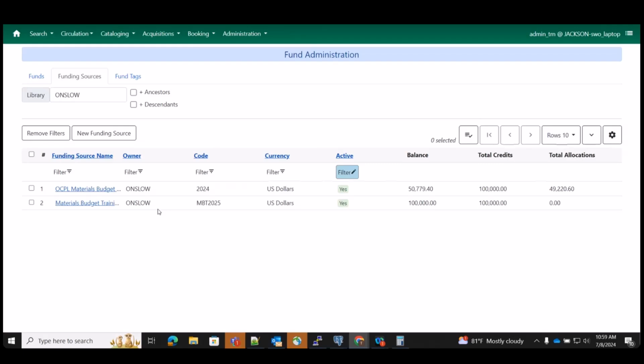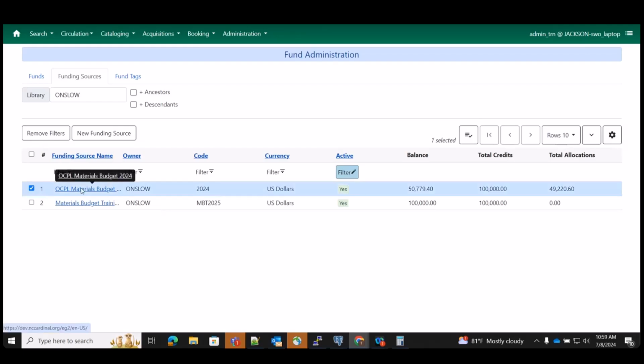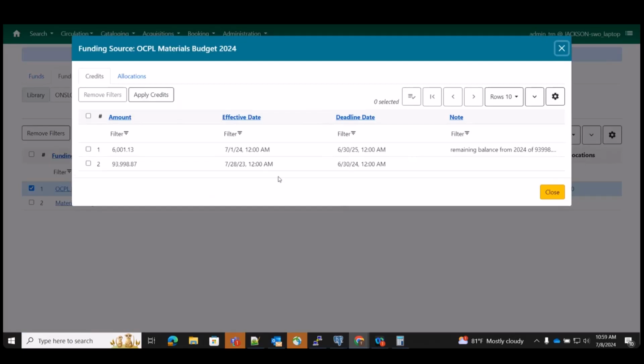If you want to wait till you get the final amount from your funding source, then please do so. If you have a guess, you can always go in and adjust it, but again, it will be through that sort of math adjustment. You won't be able to edit the existing credit. You'll just be able to add or subtract additional credits, and I'll show you what that looks like. So we saw an addition when we put in the $6,000. If you wanted to remove money,